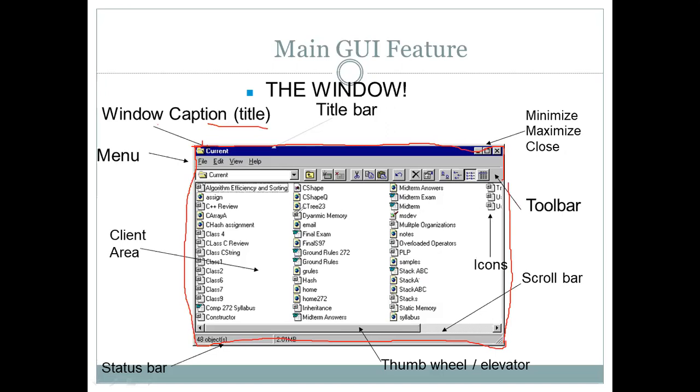And you can see this is the main window part where the actual message or actual thing can be placed. Now here, each folder is known as an icon, and this is the scroll bar, and this area is called the client area. This you may already be aware of. Just make sure that sometimes they ask this question: what is a window and what are the different attributes of a